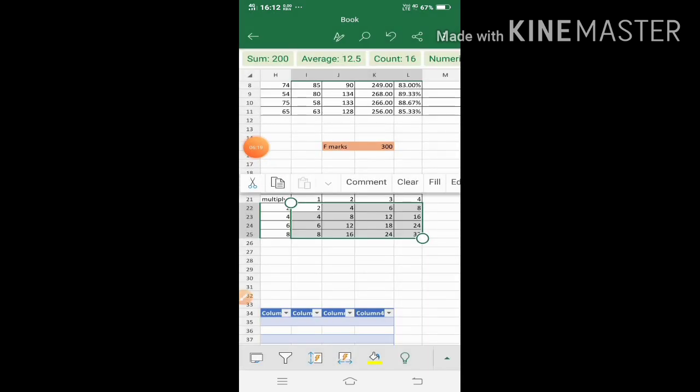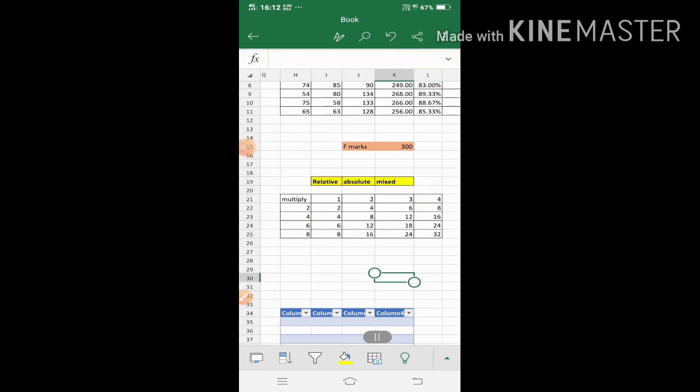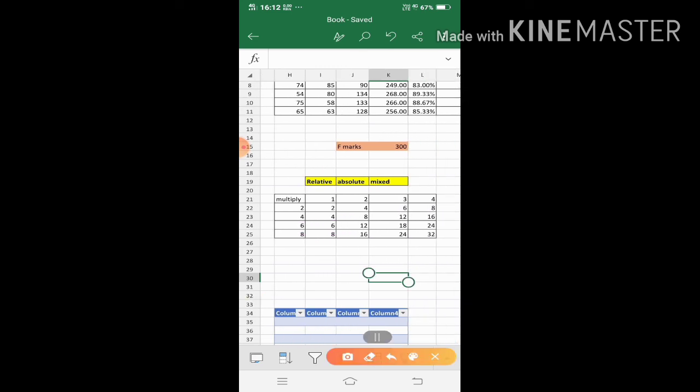See here, the full table is now correct. 2 into 1 is 2, and here 4 into 3 is 12, then 8 into 4 is 32. Here 8 is the row number, and we get 8 into 1, 8 into 2, 8 into 3, 8 into 4.